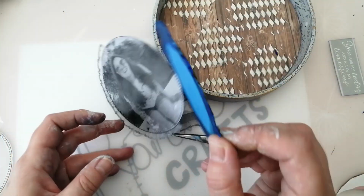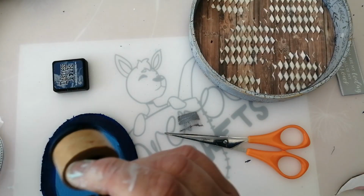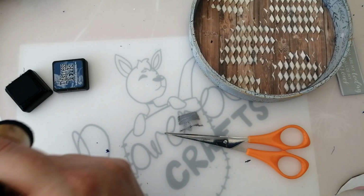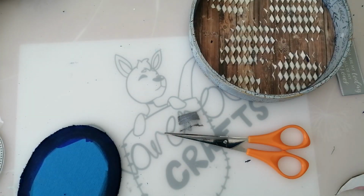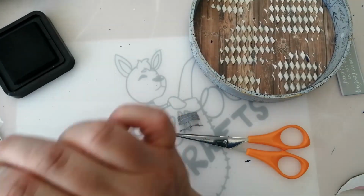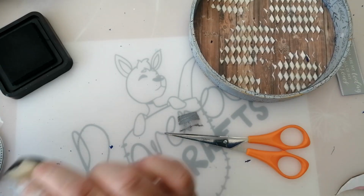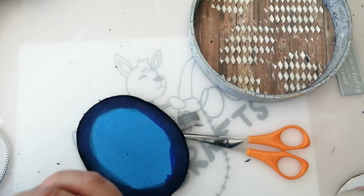Now, I don't like the really bright blue on this edge, so I think I'm going to see if I can dull that down a little bit with some Distress ink. I'll take some black to it if I need to. It is too vibrant for the piece. So, let's see if I've got one of these ones. That's better. Lovely. Okay,